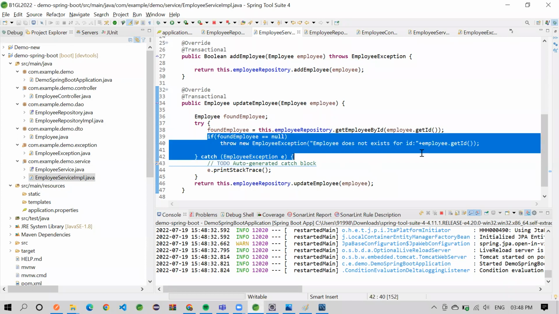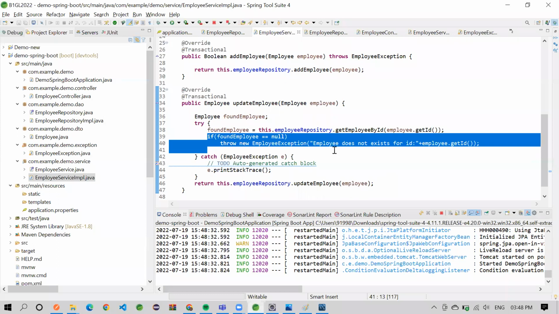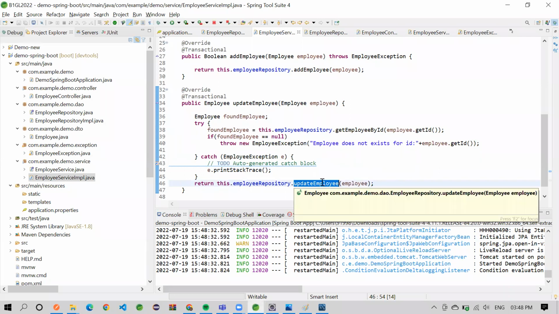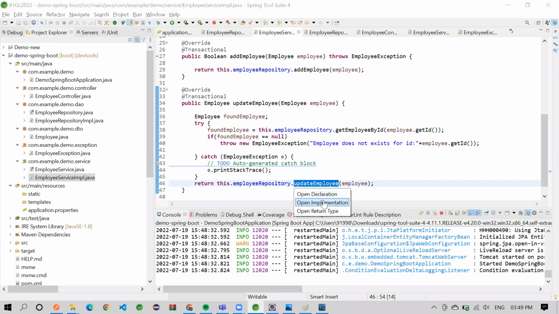So if that employee does not exist, it should be able to throw that particular exception. Otherwise, I should be able to call this update. So in my implementation of the update,